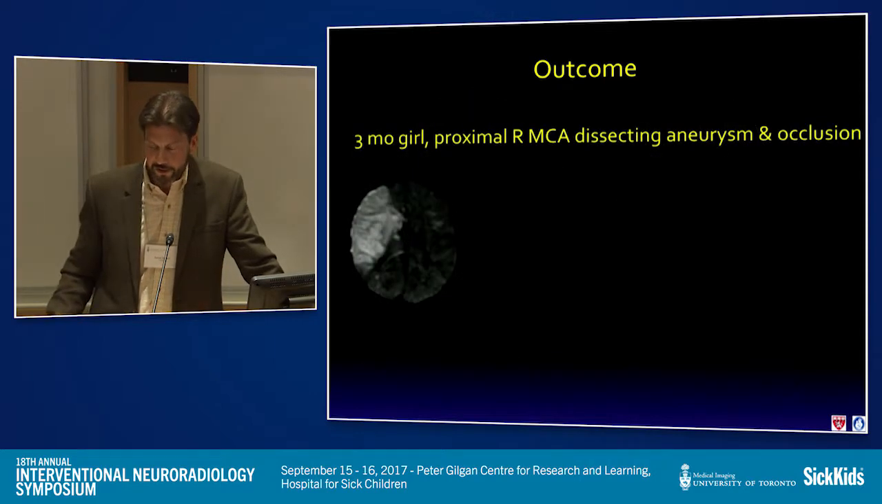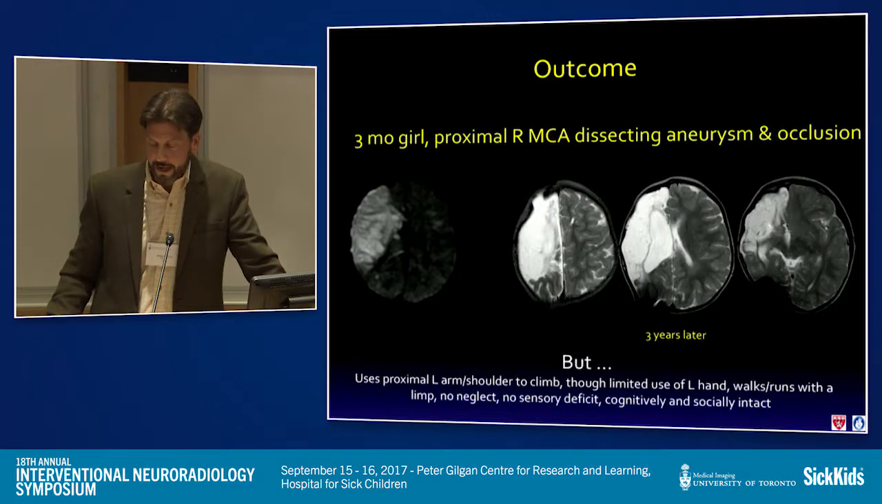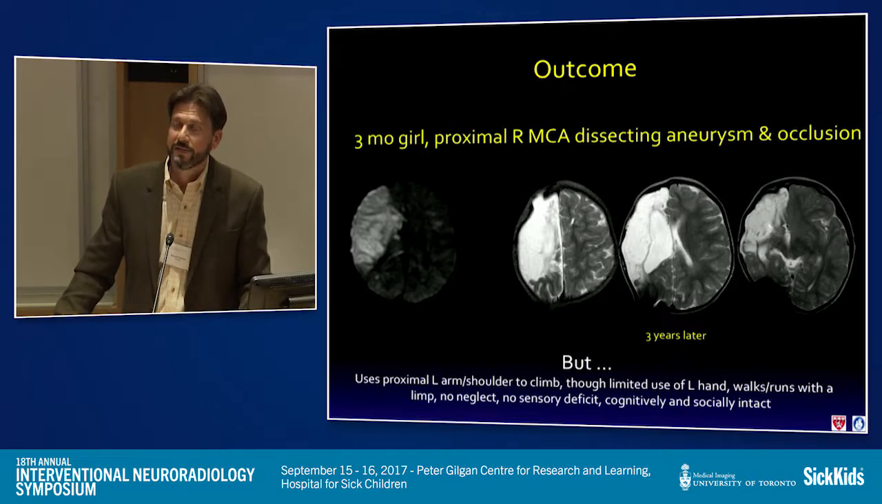And here's another case just to show the example. A 3-month-old girl with a right MCA dissecting aneurysm had an operative mishap resulting in this DWI, and then 3 years later, here's her scan. And yet she uses the contralateral arm quite well. She does have limited use of the hand. She has no neglect, no sensory deficits. She's cognitively and socially completely intact. So it's extremely difficult to prognosticate the natural history in these cases, and sometimes it's much better than what you